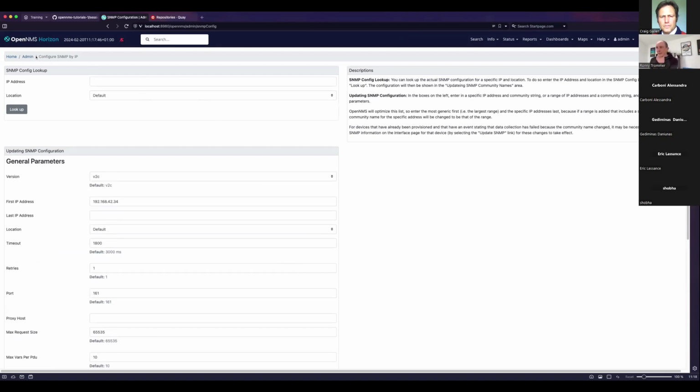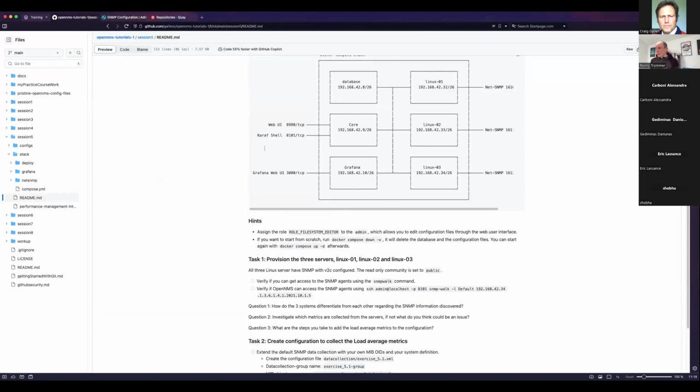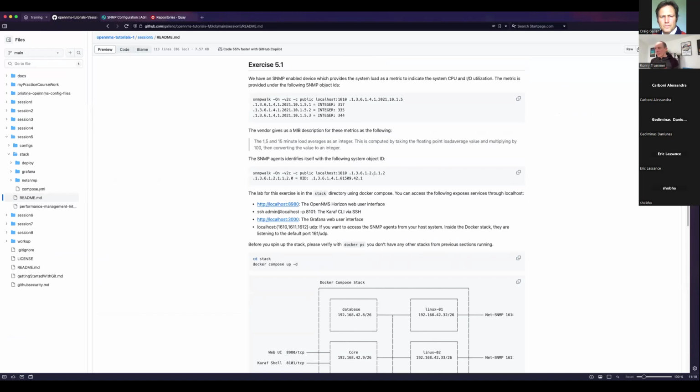So in our case, the SNMP agents are configured with the community set to public, so you will get the information with the public community.